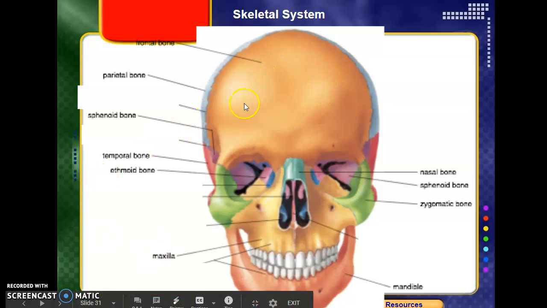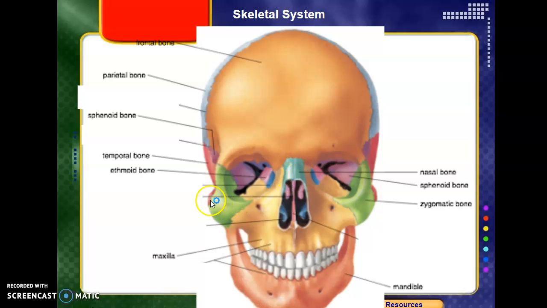So here we can take a look at the bones. Here's the frontal, that's the cranial bone we talked about earlier. Here's the maxilla, this yellow bone. There are 2 sides that join right here in the middle together. Here's the mandible, your lower jaw. Nasal bone right here on the top. There are 2 of them that join together side by side. And then there are the zygomatics, these 2 green